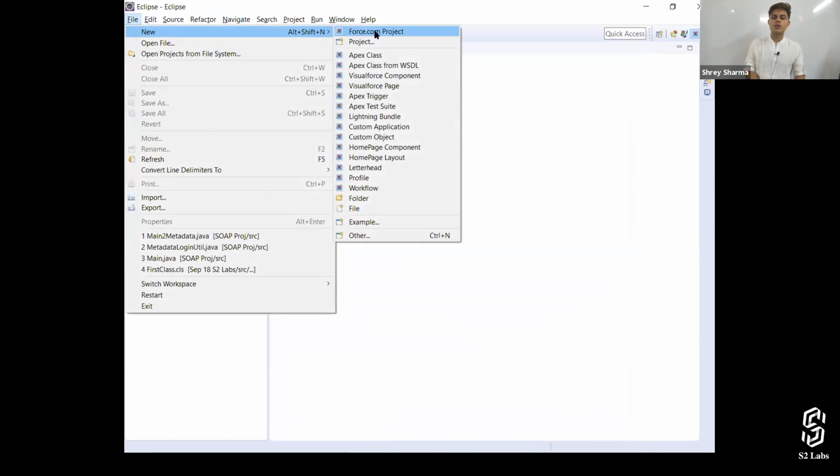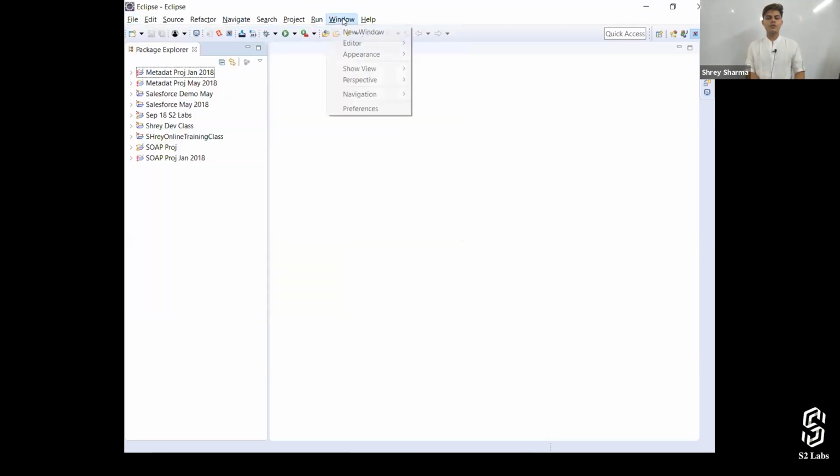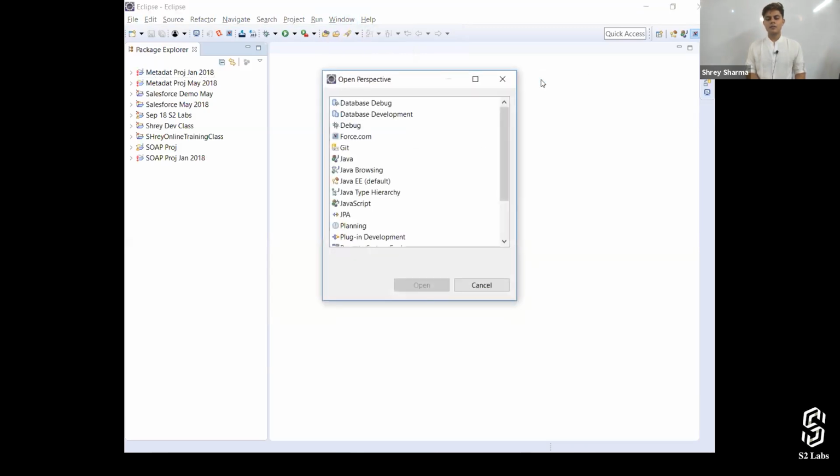By the way, you're not going to get a new Force.com project just like that. Before that, you need to go to Window, then Perspective, then Open Perspective, then Other, and then select Force.com and click Open. This is something that you'll not find anywhere else.